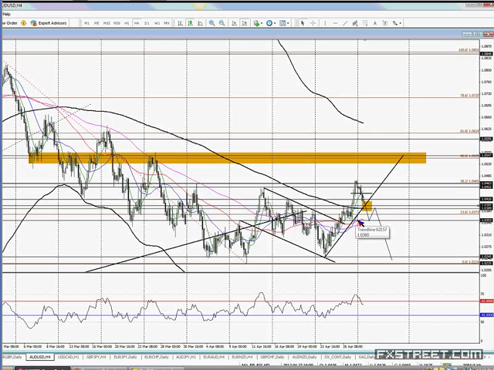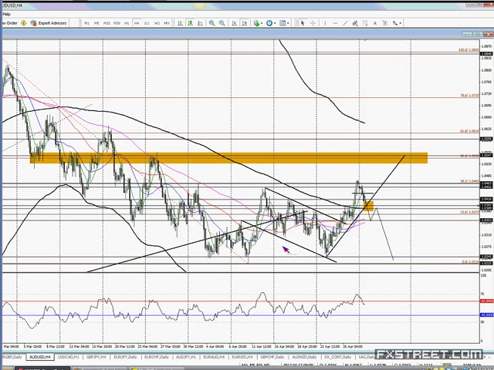That's going to require risk aversion, and in the Aussie, that's going to require a poor China PMI, and at least the cut we are expecting, the cut of the official cash rate from the RBA from 4.25 to 4. So a 25 basis point cut is expected, and we have been pricing that in for the most part. So if there is no cut,